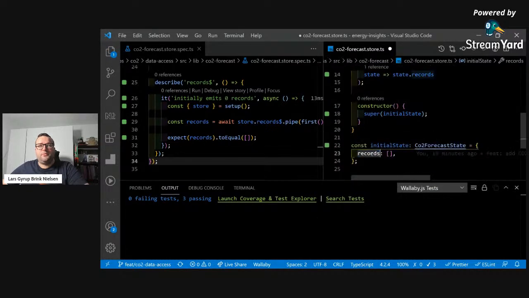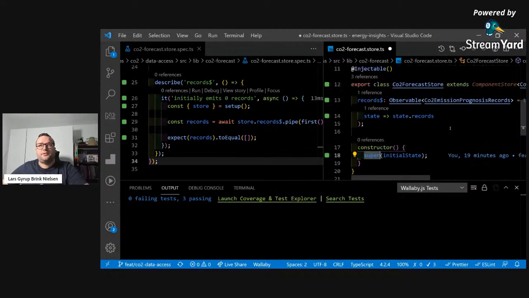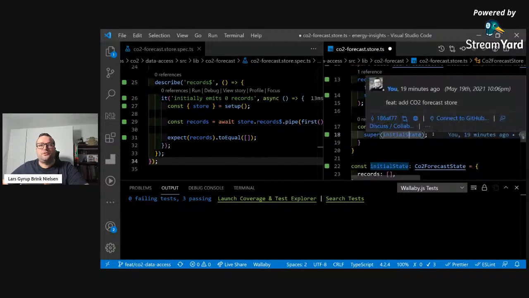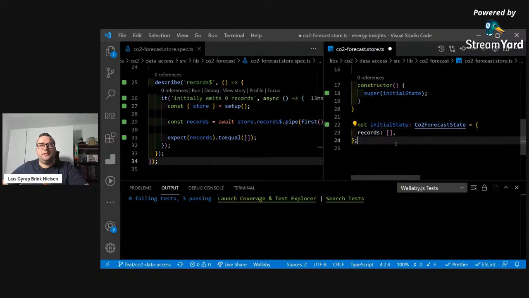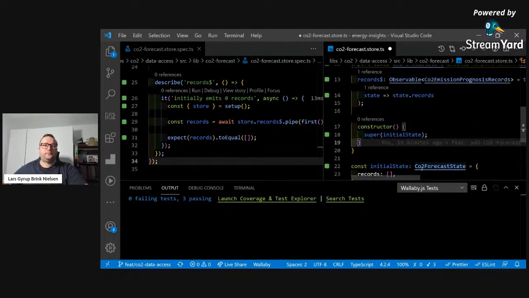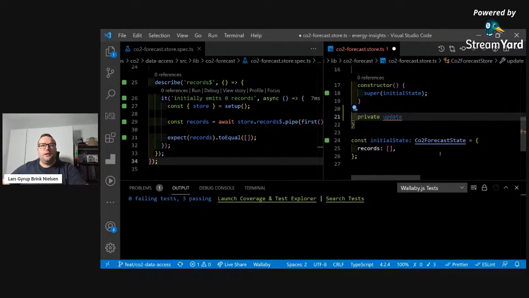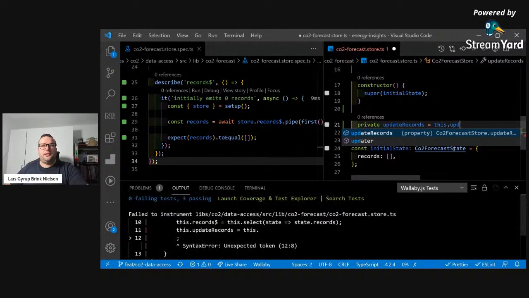But what else? Now we want to change this records state. We did it once here when we called the base constructor from the component store class. We passed it the initial state, but this only works once. When we then want to change this property later, we need an updater. That's one of the ways to do it, at least. So say update records. Then we call this.updater,